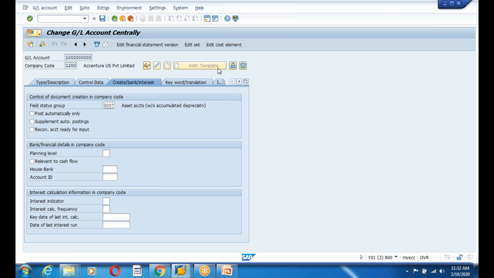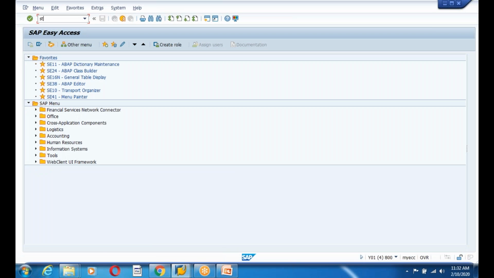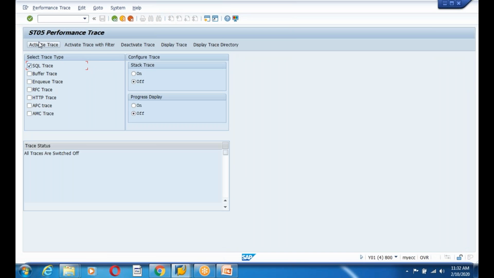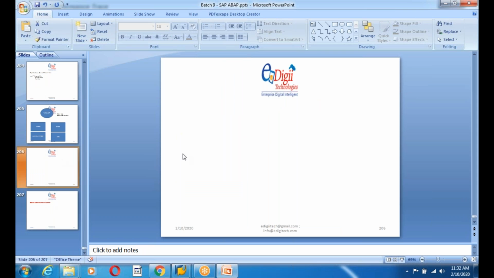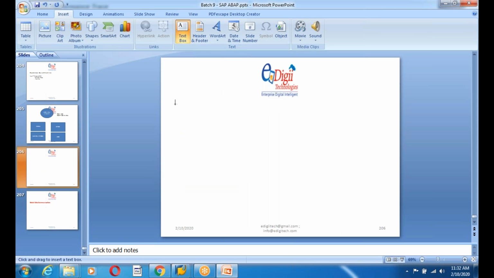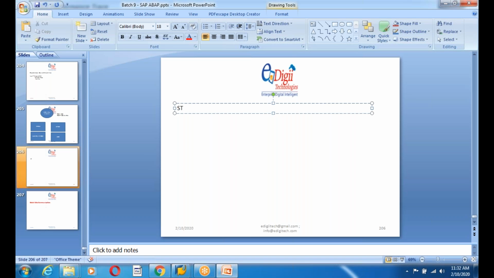So the powerful tool is ST05. I'm going to activate the trace. ST05 is an SQL trace. I'm introducing it for your batch in the early stage itself. With this tool, we can activate the log for SQL operations for the transaction,